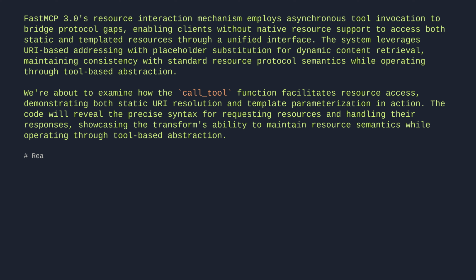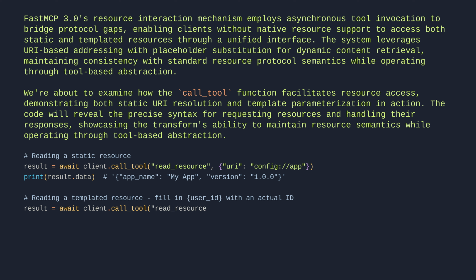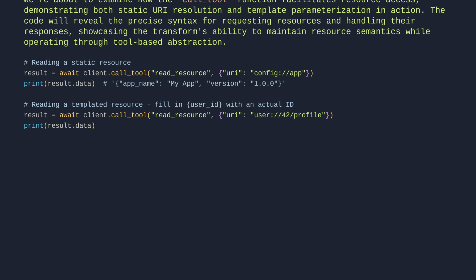# Reading a static resource.
result = await client.call_tool("read_resource", {"uri": "config://app"})
print(result.data)
# {"app_name": "my_app", "version": "1.0.0"}

# Reading a templated resource, fill in user_id with an actual ID.
result = await client.call_tool("read_resource", {"uri": "user://42/profile"})
print(result.data)
# {"user_id": 42, "name": "user_42"}